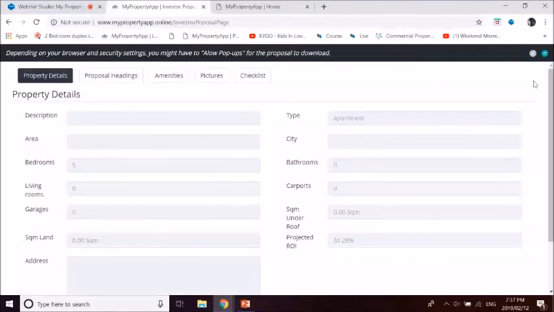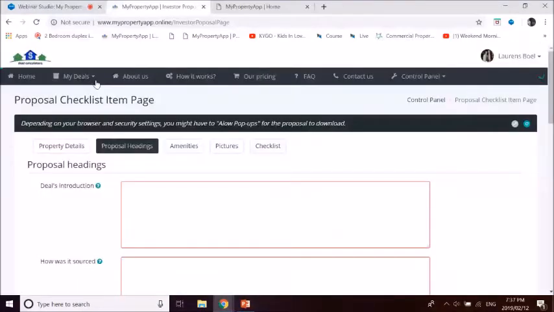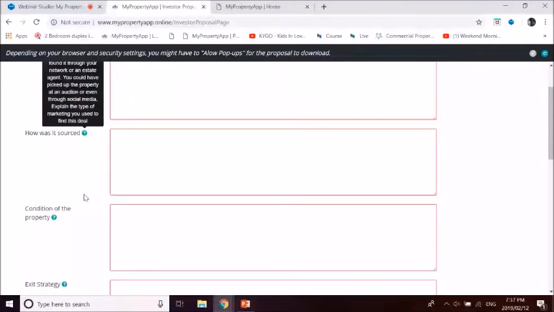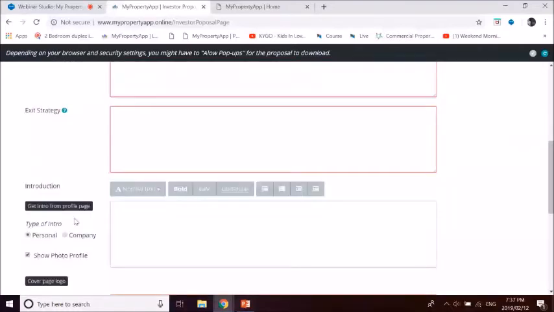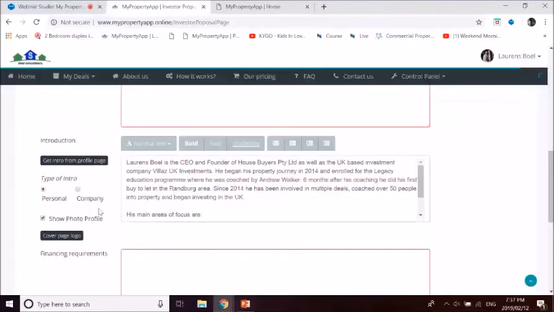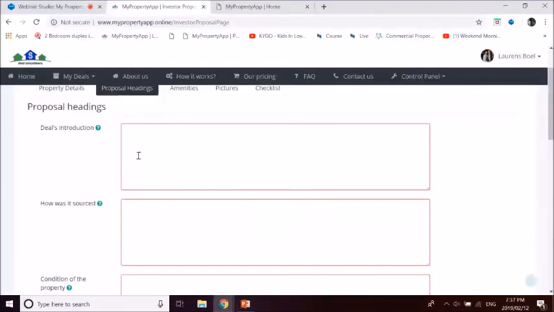It exports as a PDF. So this will export as a PDF. You can also add other checklist documents. So you can add an officer, so you can add a builder's quote, and then it will generate that for you. So you can generate a simplified proposal, which I'm going to do, as well as a detailed proposal. And we can look at a quick difference between the two. It might take a couple of seconds to generate, as well as the long proposals also being downloaded. So let's look at the outcome of the short proposal. Just taking a few seconds to load.